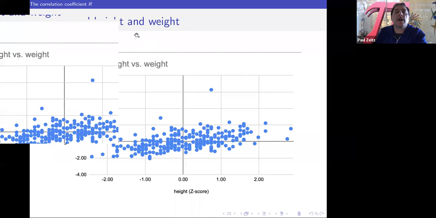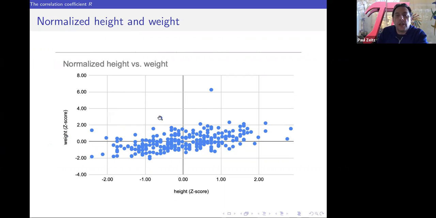Okay, so let's again look at this individual here. Because I know these are males, he is short and heavy. The trend should be the shorter you are, the lighter you are, which of course isn't always true. This person is a mild outlier. If we take their x coordinate, it's negative because they're below the mean in height. If we take their y coordinate, it's positive because they are above the mean in weight. And so this would end up being a negative number.